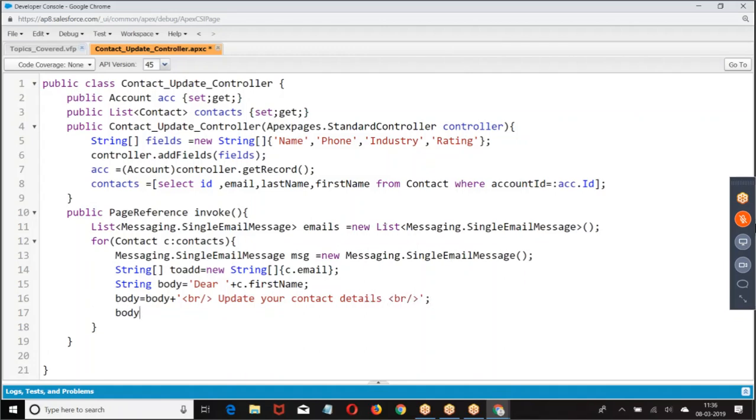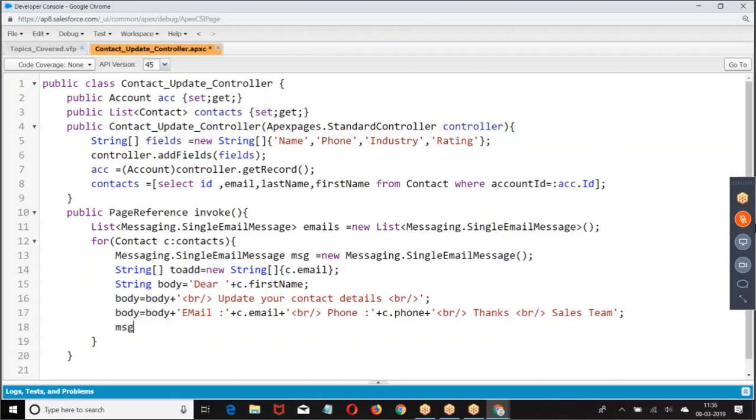I'm giving body equal to body plus email. This is how we got it.